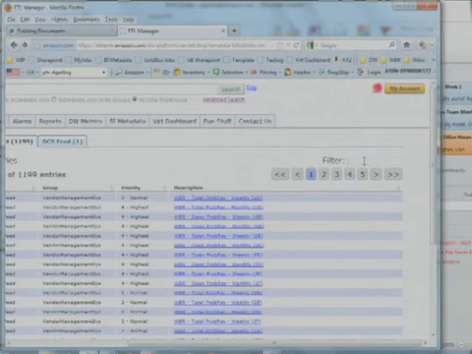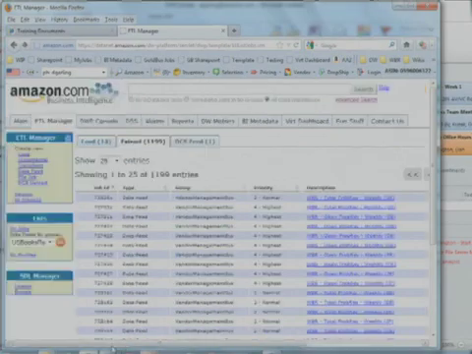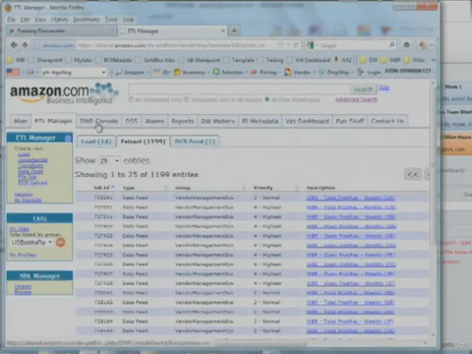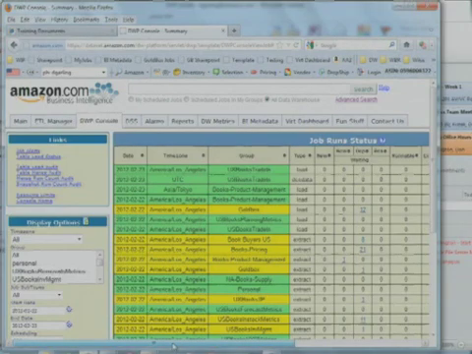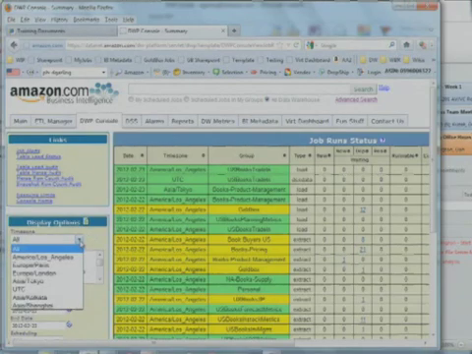Another page where you can get to your jobs, if they've run, is this DWP console, which is just the next tab over from ETL Manager. This is a list of all the jobs that have been run in any of your groups or by you personally. And the display options are over here on the left, where you can select, oh, I only want to see ones for certain time zones, I only want to see those for